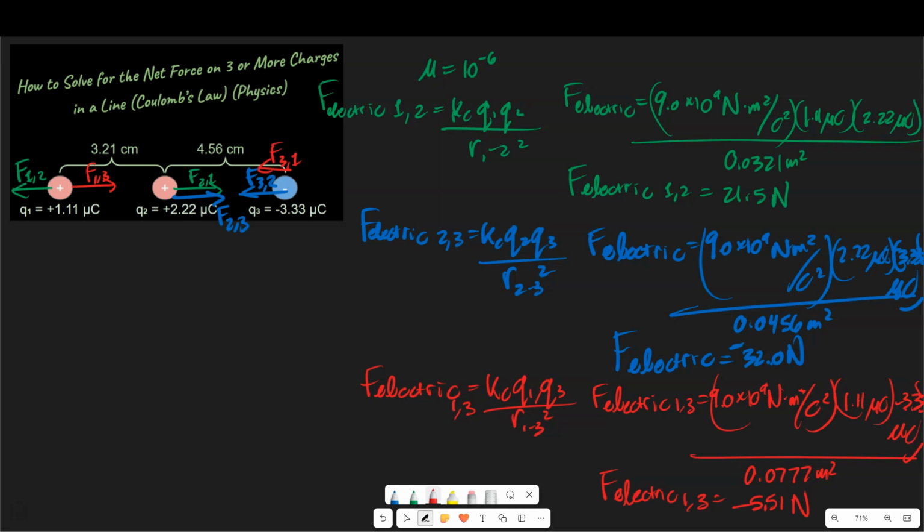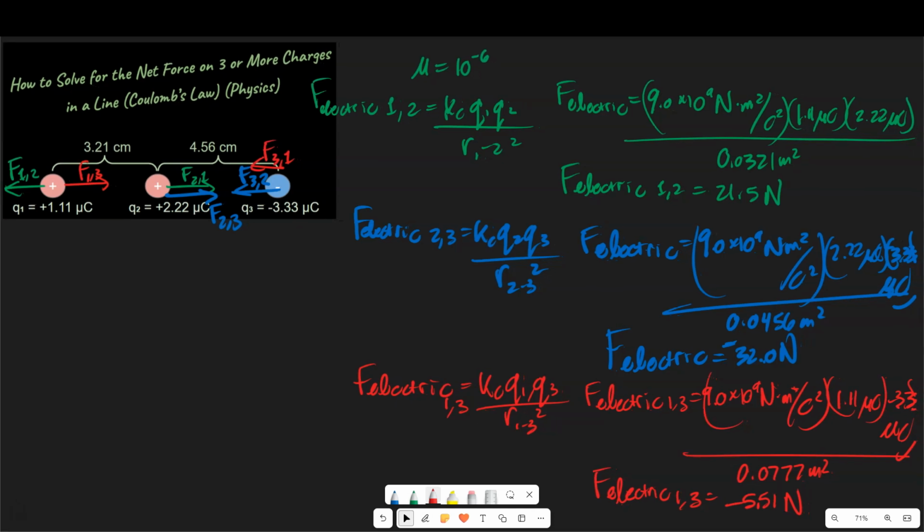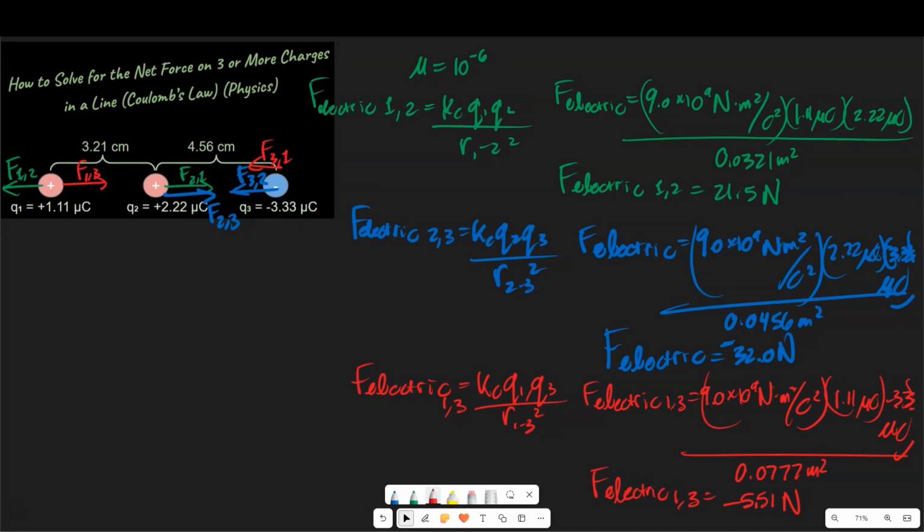Now, I'm not trying to draw these as being proportional right now just because I'm trying to save space, but you get the idea. So for instance, the blue force that we have is 32 newtons. The red force is like 5.5 times smaller. So that would mean the blue line should be about 5.5 times longer than the red line, if we're going to draw this in a proportional way. That's okay as long as you get the idea. You can apply that later if you so choose. Oh, one more thing. Let me drag this over so we can more easily see what had been cut off